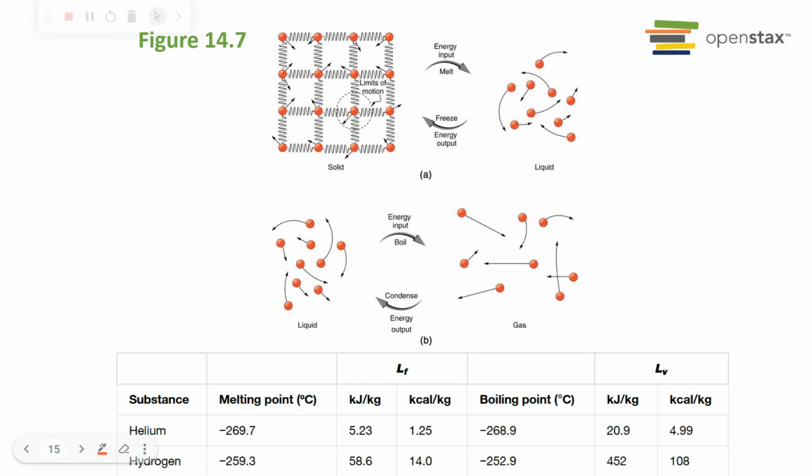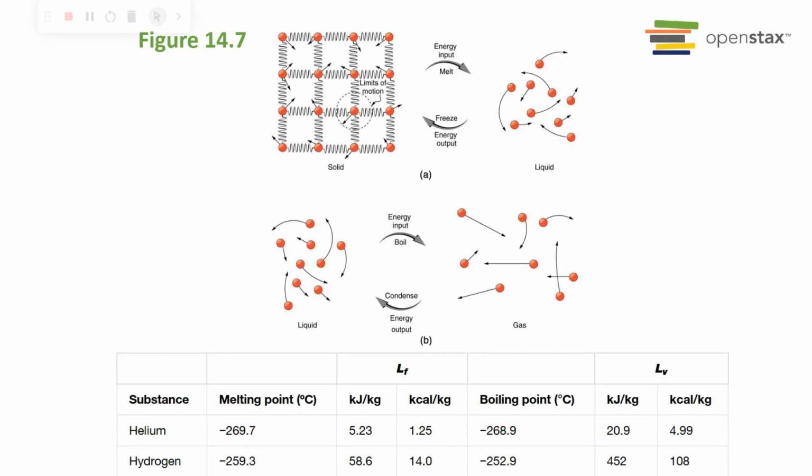So what we have here in figure 14.7, for part A, the energy is required to partially overcome the attractive forces between molecules in a solid to form a liquid. The same energy must be removed for freezing to take place. All right. So molecules are separated by large distances when going from liquid to vapor, requiring significant energy to overcome